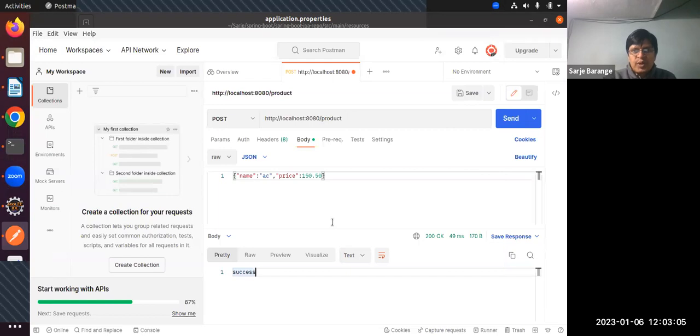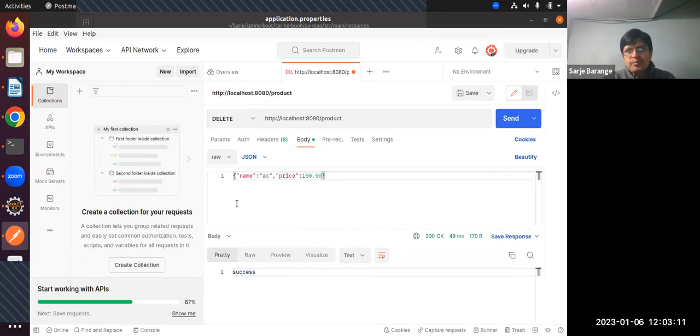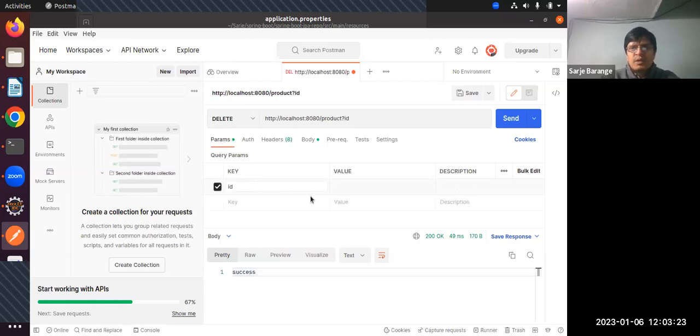So you do it now. Request type should be delete. In the delete, I want to send the parameters. So here I am writing parameters. Look here, Params is clicked. After selecting it, give id over here, and the value will be 5, let us say. So delete